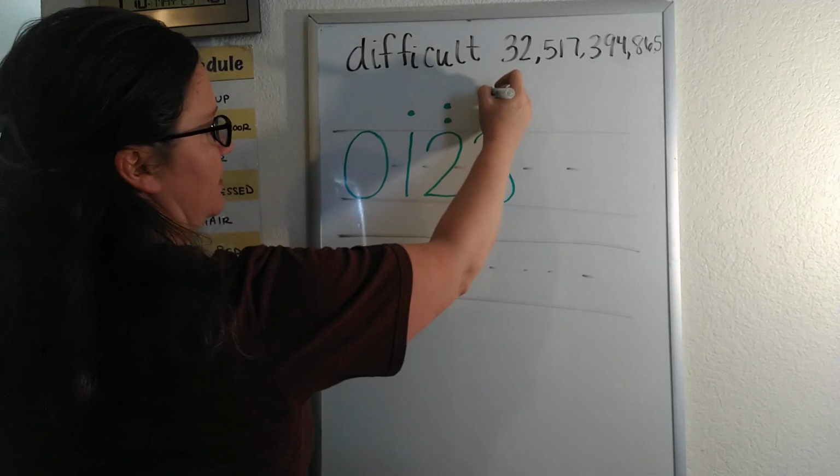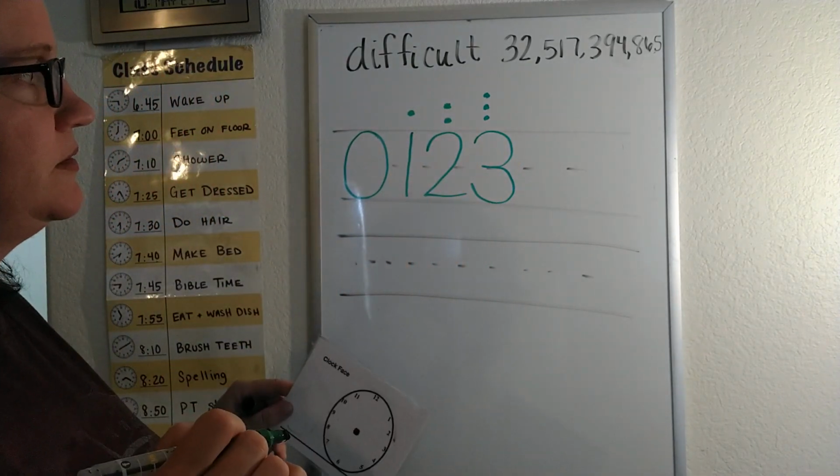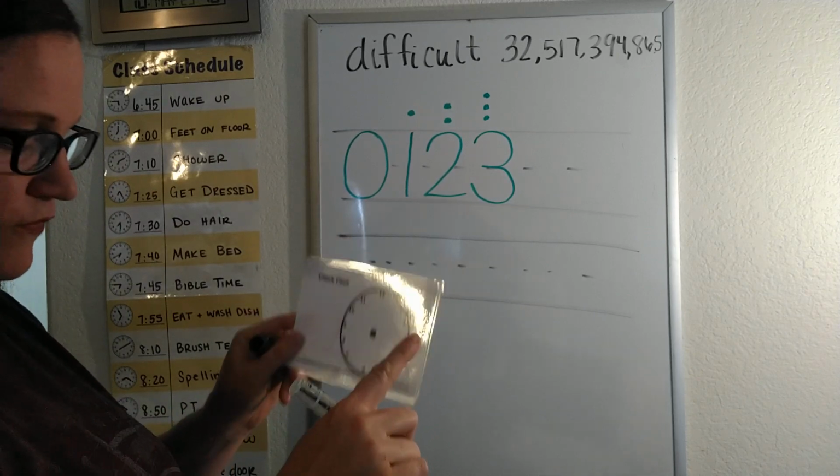And that is 3 units. $3, 3 horses. Number 4,